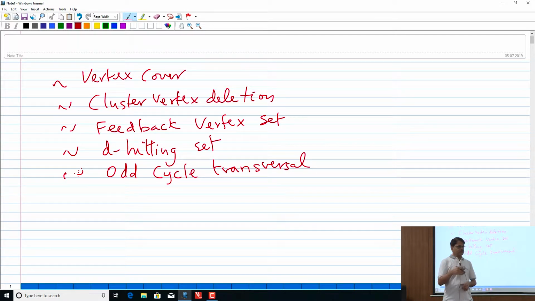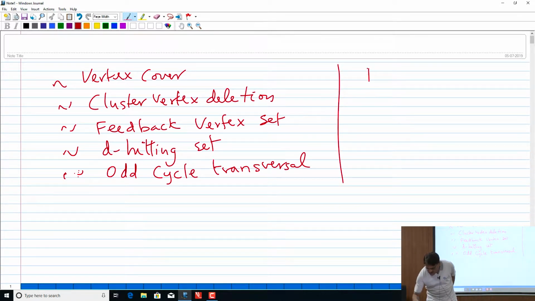But in your problem sheet, you saw an FPT algorithm for odd cycle transversal in some special class of graphs, perfect graphs, where life is easier. But for general graphs, also it is fixed parameter tractable, but it requires more work. And then more, right? You saw some feedback vertex set in tournaments. And then we saw algorithmic techniques wise branching,